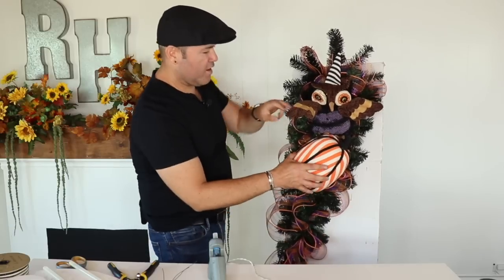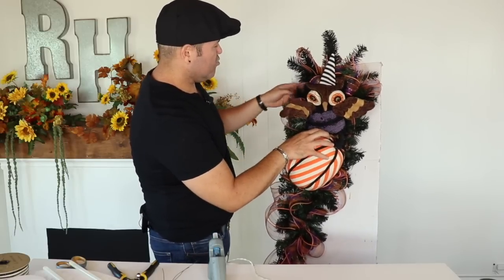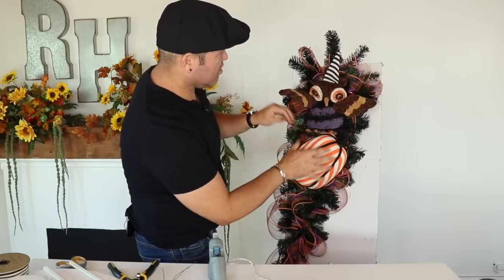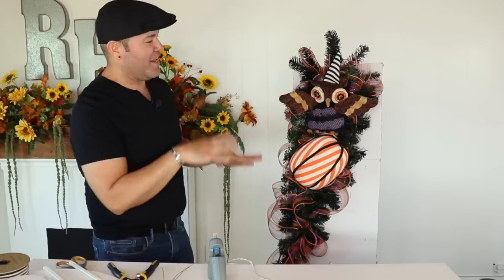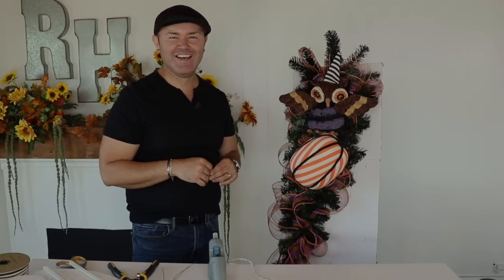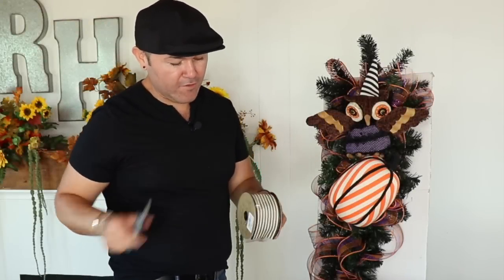All right, so far that's what it looks like. We're gonna do some finessing with the ribbon right here to bring it back out. We're gonna sit our owl on top of the, how adorable is this? That is so cute. All right, so the next step is gonna be to add some greenery, and I'll be right back. Keep watching. Okay, so before we add the greenery, what I wanna do is put the ribbons in,